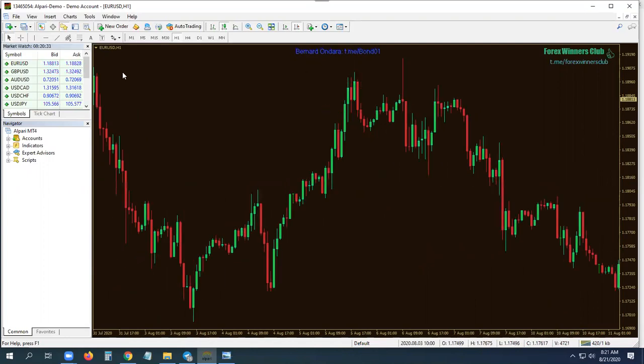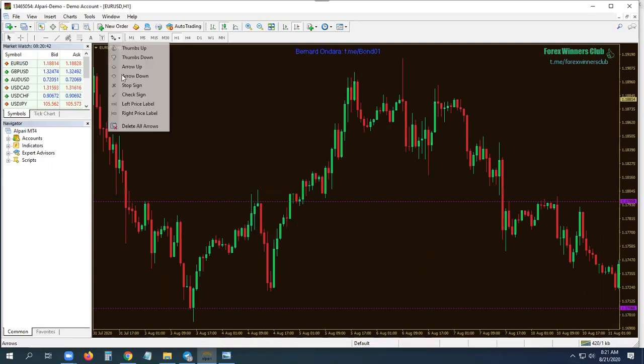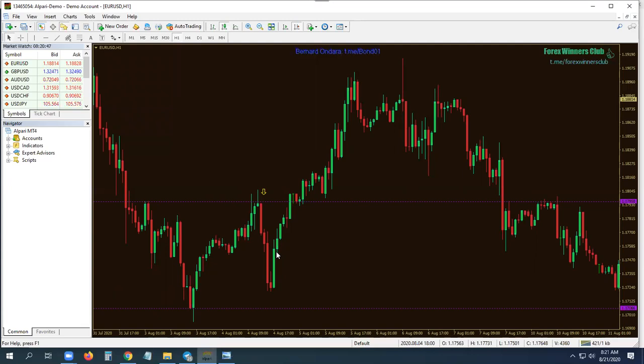For example, I know this is resistance. The market was coming from here, going up here. There are people who will place their trades here to sell. There are people who wait for the market to break above the zone, come back to the zone to buy. Interesting. There are people in the market doing one thing or the other.